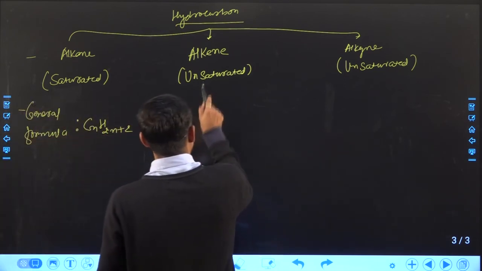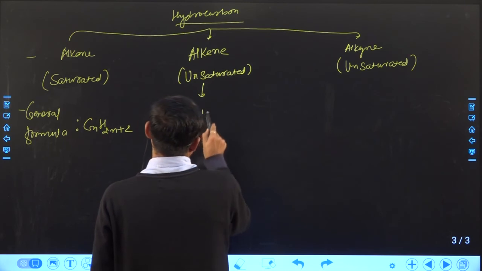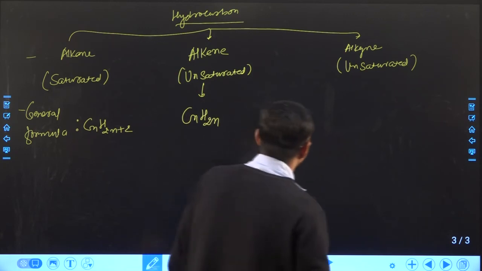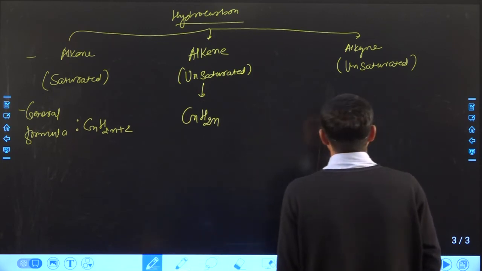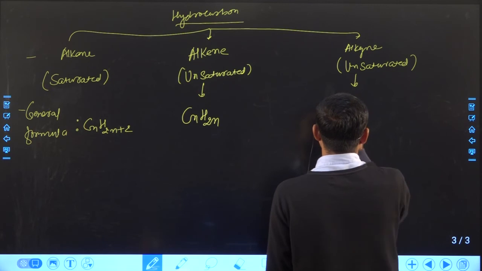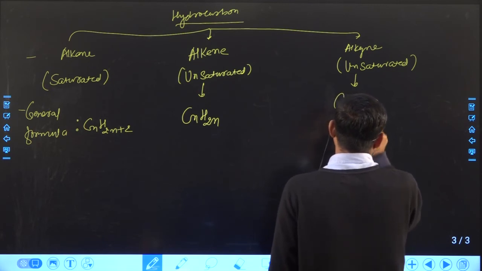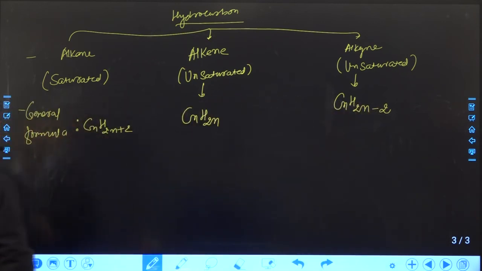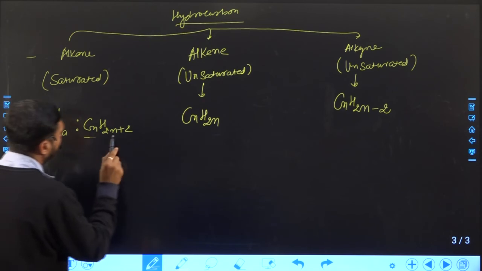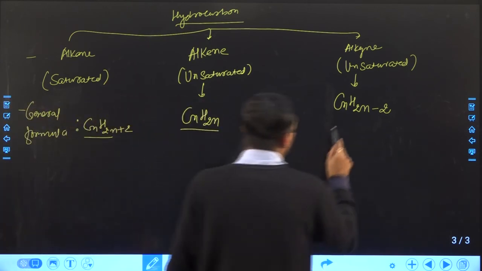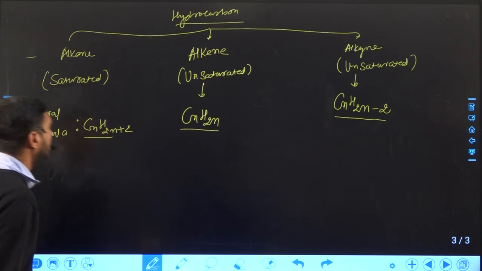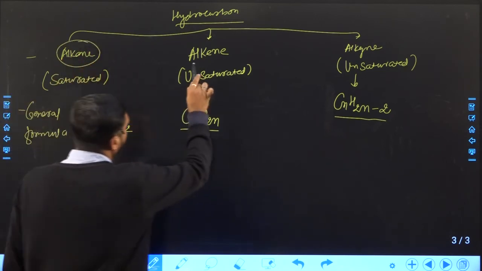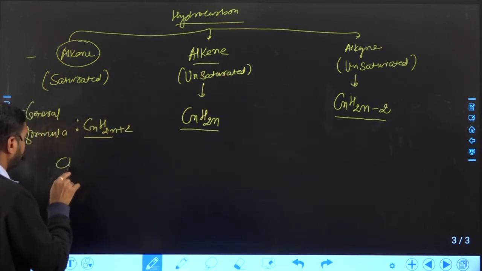After that, in the case of alkene, the general formula means double of carbon is the hydrogen present. While in the case of alkyne, double of carbon but minus 2 hydrogen is present. If we consider these three general formulas, we can identify whether the compound is alkane, alkene or alkyne. Suppose we take one example.